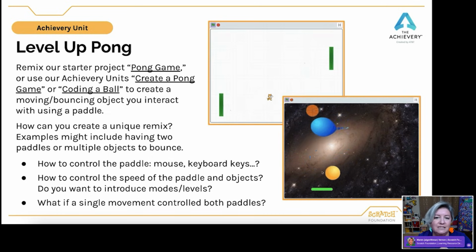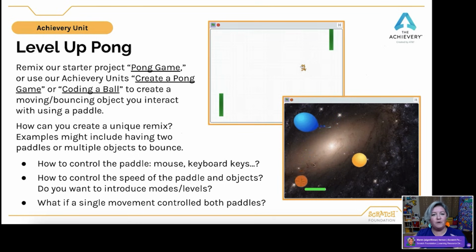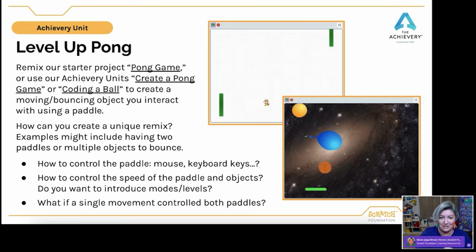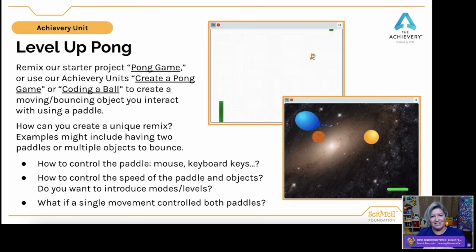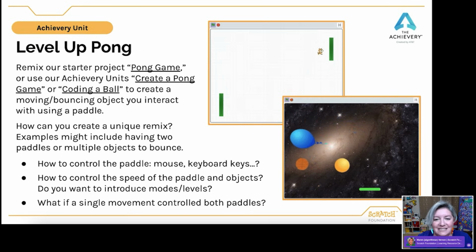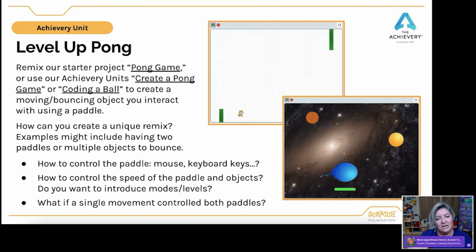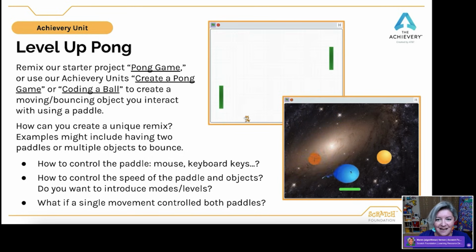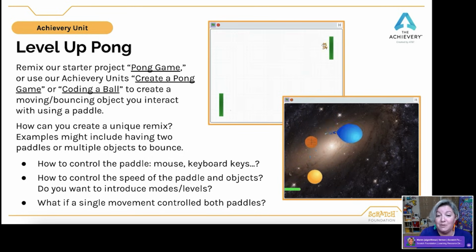These remixes give a greater challenge to the player themselves. So it's not just a challenge for the person coding on the back end. They're also a bit of a challenge for the person on the front end who is playing these games, and also just a really neat show of how they've put some kind of unique personal spin on this standard project idea. And then, of course, there were just lots of opportunities for debugging.